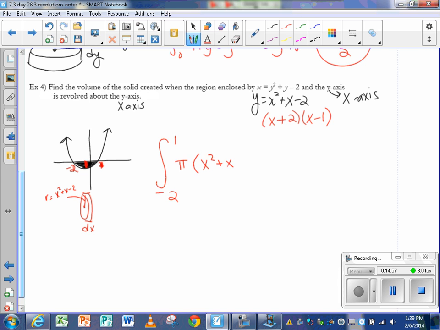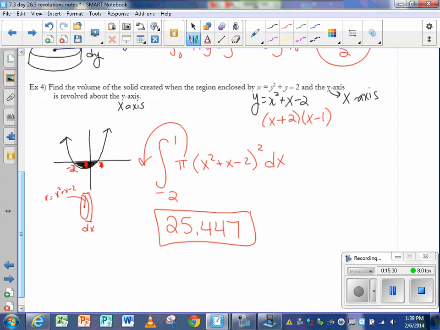So pi r squared dx. And from there, you're just going to plug it right into your calculator, which I am doing off screen right now, from negative 2 to 1. Make sure you watch your parentheses as you do this. They are incredibly important. Make sure you're squaring the whole thing. Make sure you have your pi in there. You can always pull the pi out in front if you want to as well to make the integration part easier. And I'm getting an answer of